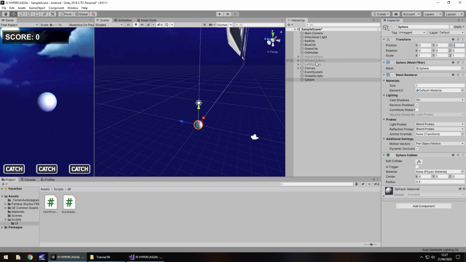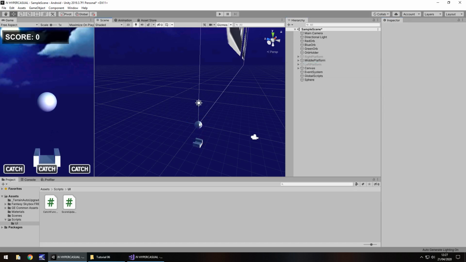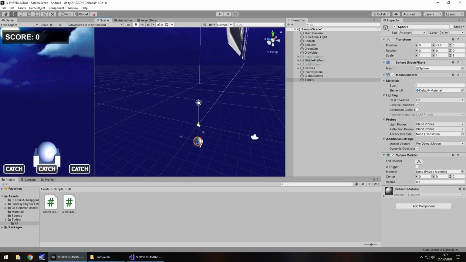The middle platform, if we turn it on, falls nicely in line with the middle platform. So it's going to be fine on X, 0, Y, it's going to be probably, let's have 5. So we'll have 0, 5, and 0 as one of the positions.